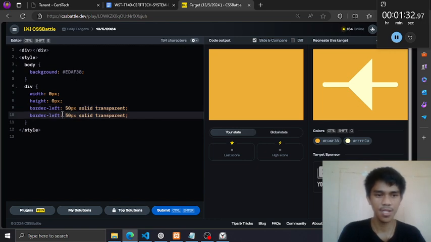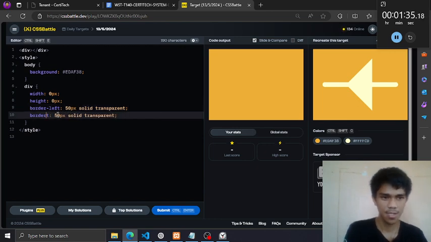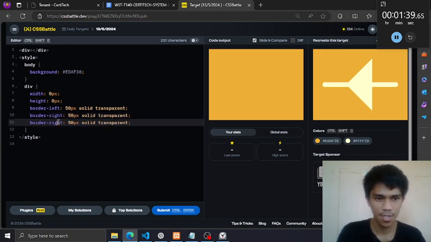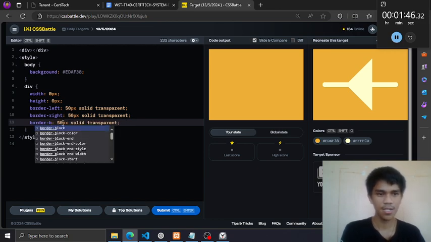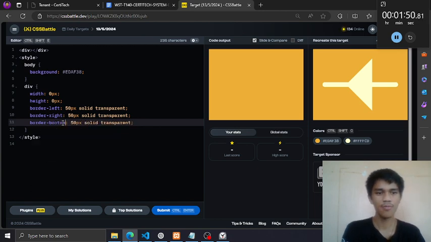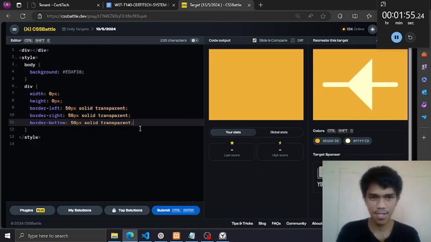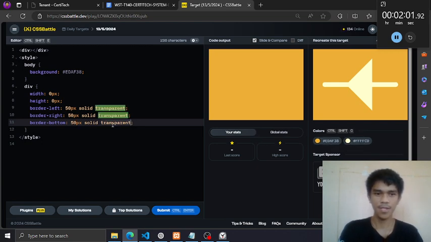Then for the right side, I am making a pyramid here as the starting point of our triangle, because I'm having a hard time making a triangle that is facing left. So that's why I decided to create a triangle that is facing on top like a pyramid. So this is not transparent, but the color of this one, this.